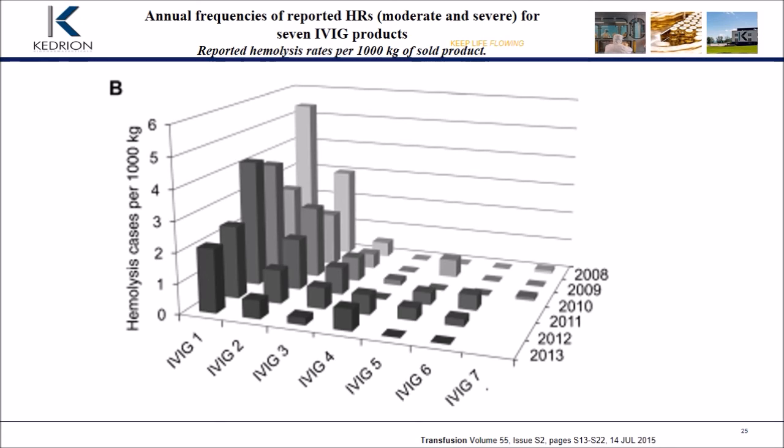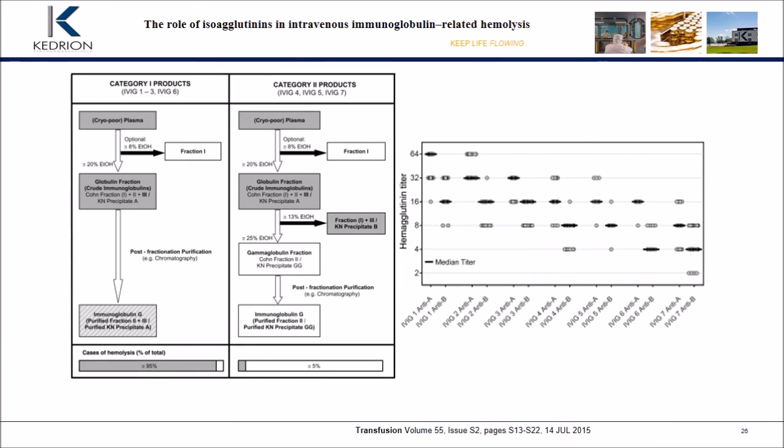And when these investigators who surveyed the products, which you can see here, studied the manufacture, they found that they could classify the risk posed by the products into two groups. This is published in Transfusion. I draw your attention to the paper. One group in particular showed 95% of the incidence of hemolytic events, whereas the other group only had about or less than 5%. And the difference between these two groups was, in general, a difference in the method of